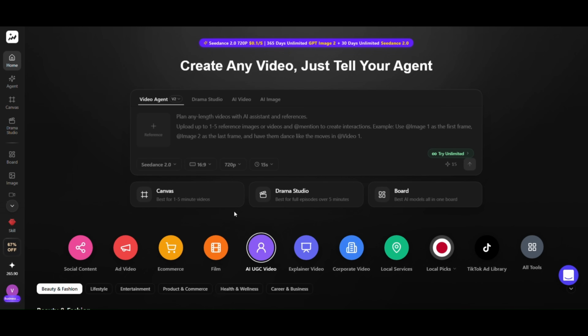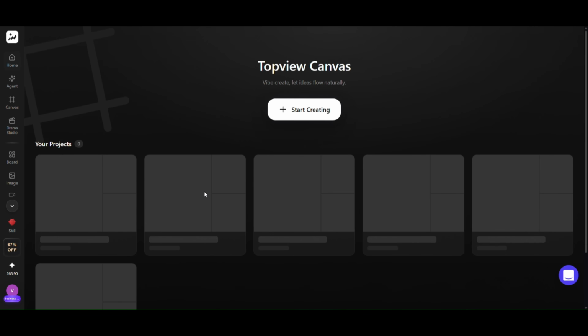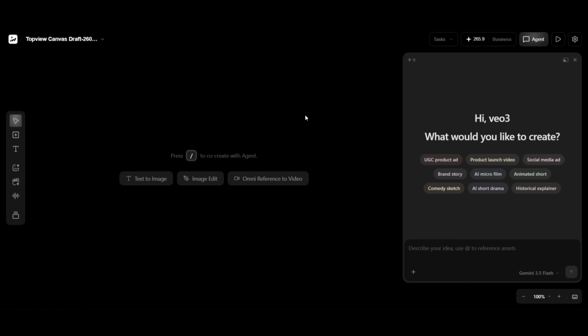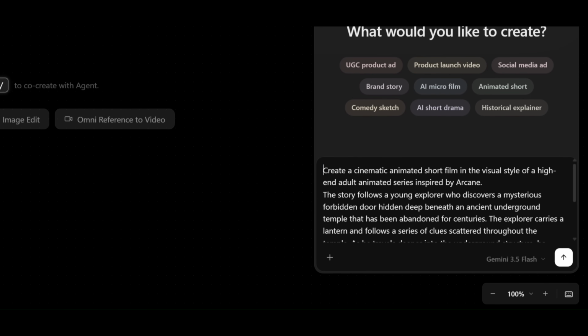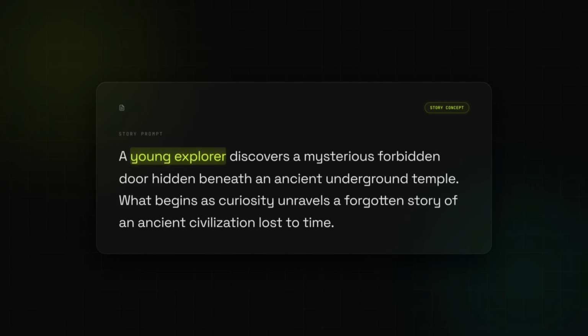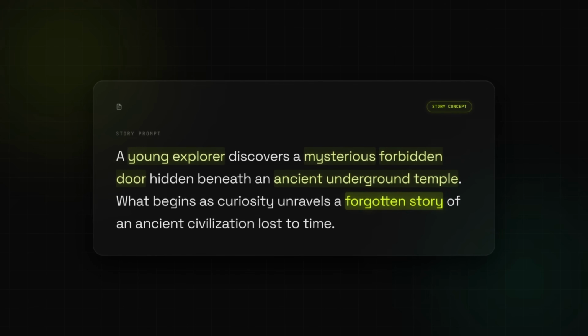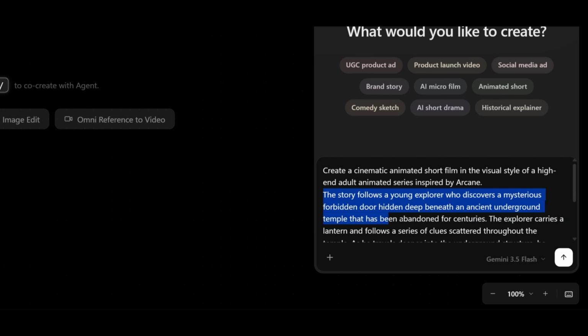So the first thing I'm doing here is opening Topview Canvas from here. Once I click on it and start a new project, I'm taken directly into the Canvas workspace. At this stage, all I need to do is describe the idea for the short film. I'm going with a cinematic animated short film inspired by the visual style of Arcane series. The story follows a young explorer who discovers a mysterious door hidden deep beneath an ancient temple that has been